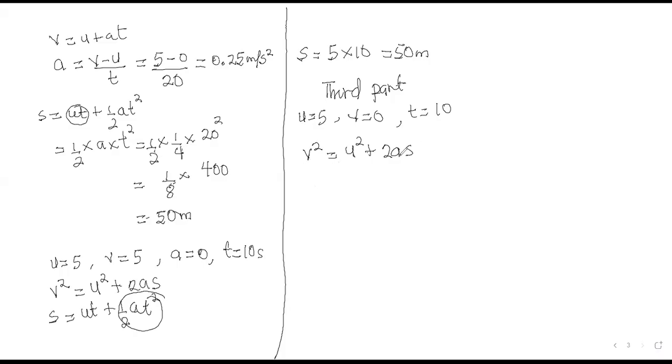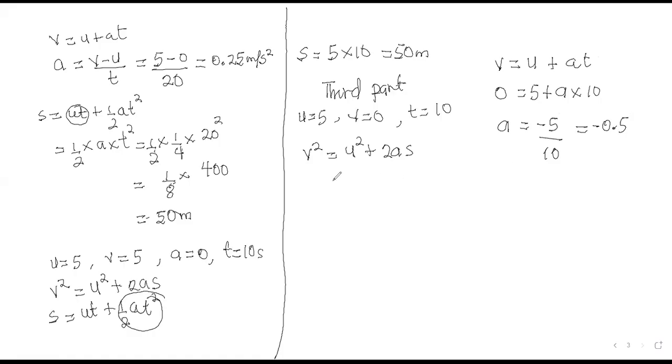We don't know the acceleration, but we can calculate for it. Okay. So let's calculate for the acceleration, the deceleration. v is equal to u plus at. v is 0, u is 5 plus a is not known, but the time is 10. Therefore, a equals minus 5 over 10, which is minus